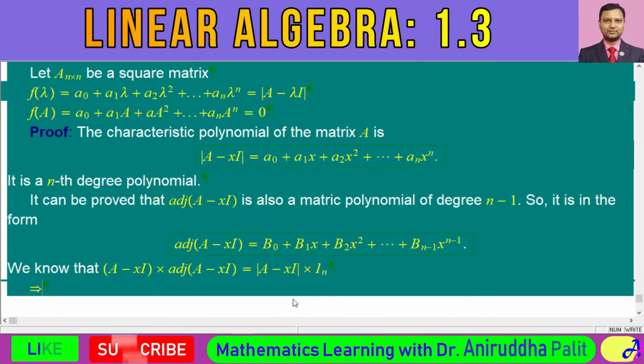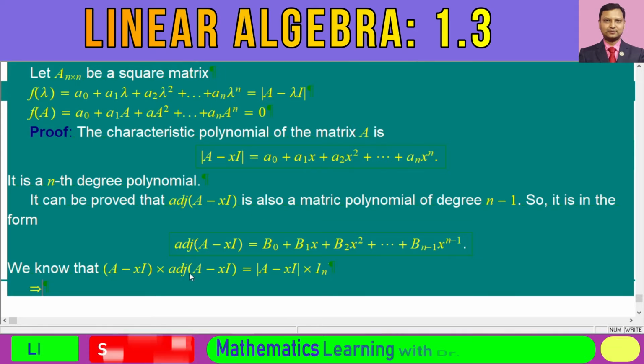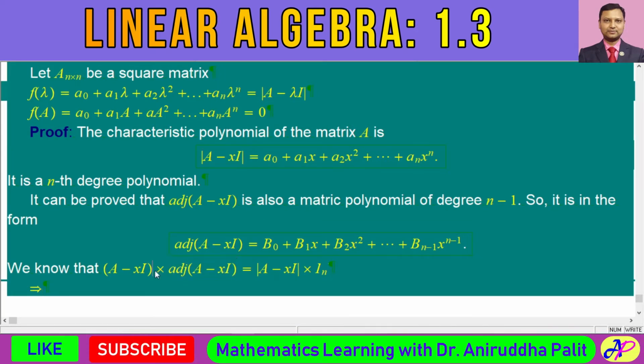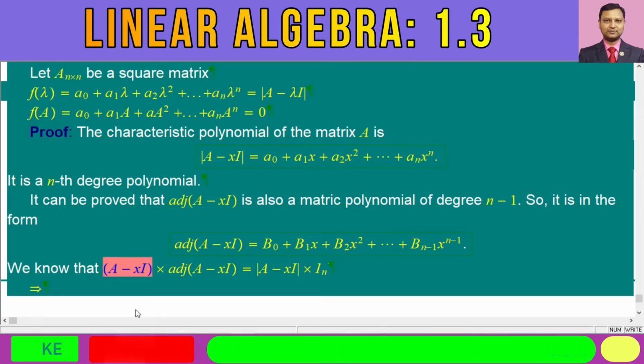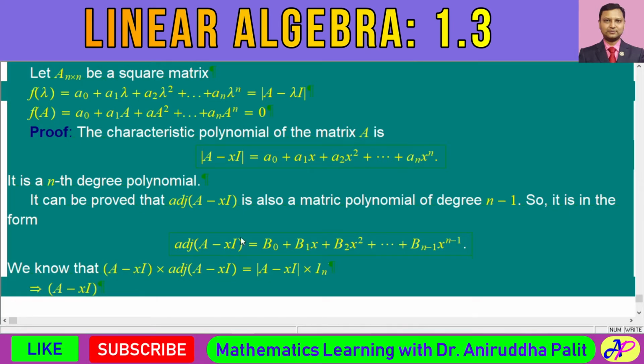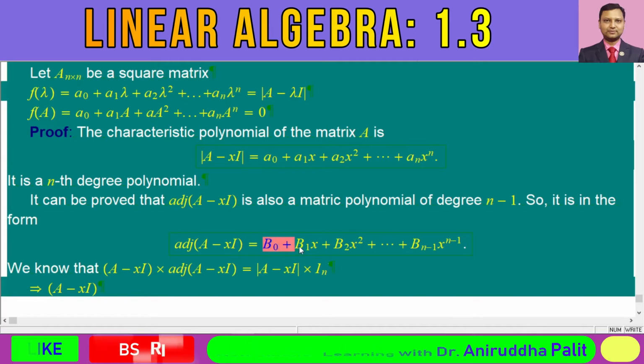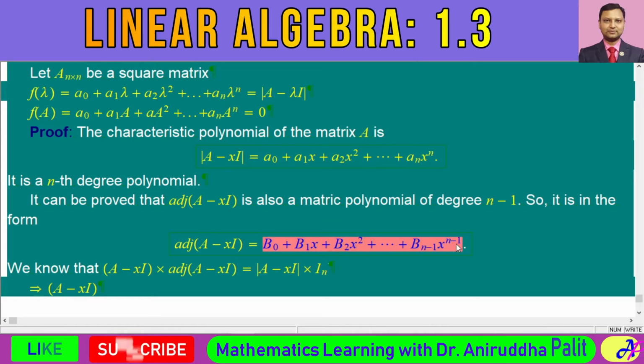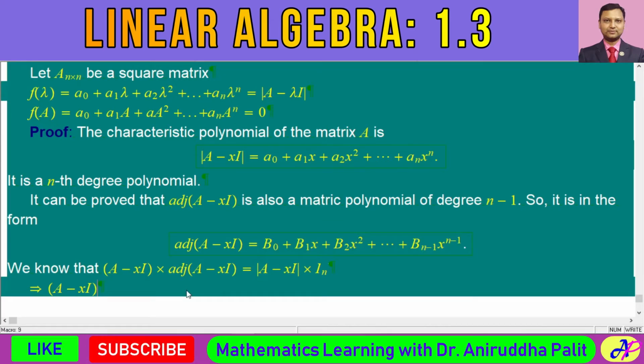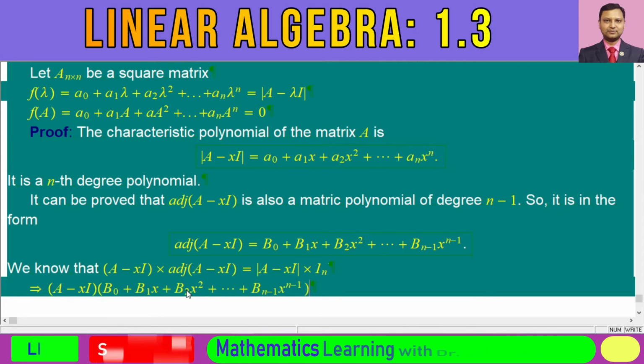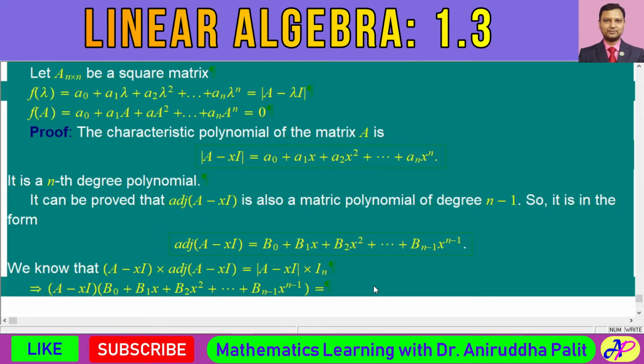Okay. Now let's see what this relation gives. Let me show you the computational part now. Let me first write the expression of this adjoint of A minus x. I am keeping this expression the same. And what is the adjoint of A minus x? It's the matrix polynomial of degree n minus 1. That is equal to